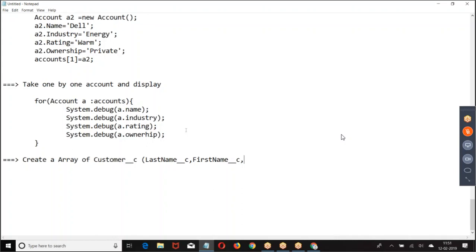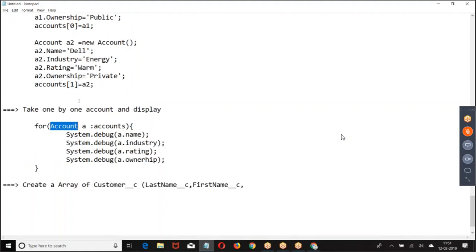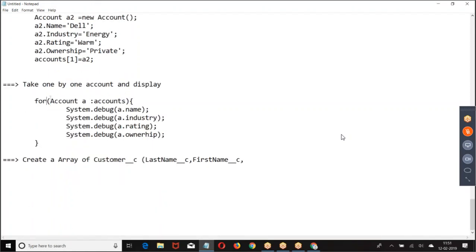Now, when you're speaking in Apex class, this is not an object anymore. What is this? It's a class. When you're coming to Apex programming, it is not an object anymore. What was that? It's a class. We have an array of records, and we are taking them one by one. Now, an object has an equivalent class. We are using the class now. That is the reason I am creating an object for the class and putting them in an array. It is an array of elements where the type is the account class.